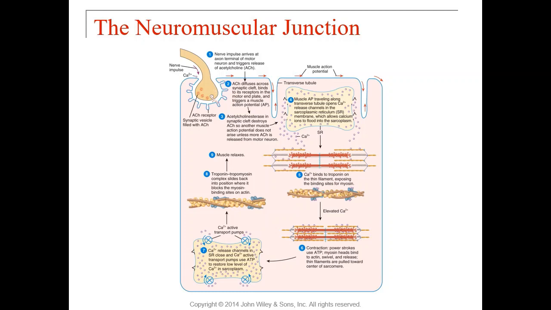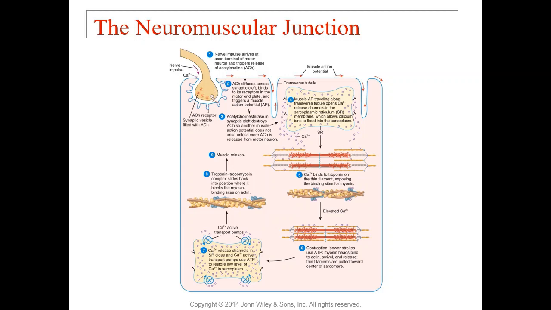Action potential arises at the axon terminal, triggering the opening of voltage-gated calcium channels where calcium will rush into the axon terminal, triggering the release of acetylcholine. Acetylcholine will drift or diffuse across the synaptic cleft and bind receptors on the motor end plate, which will cause